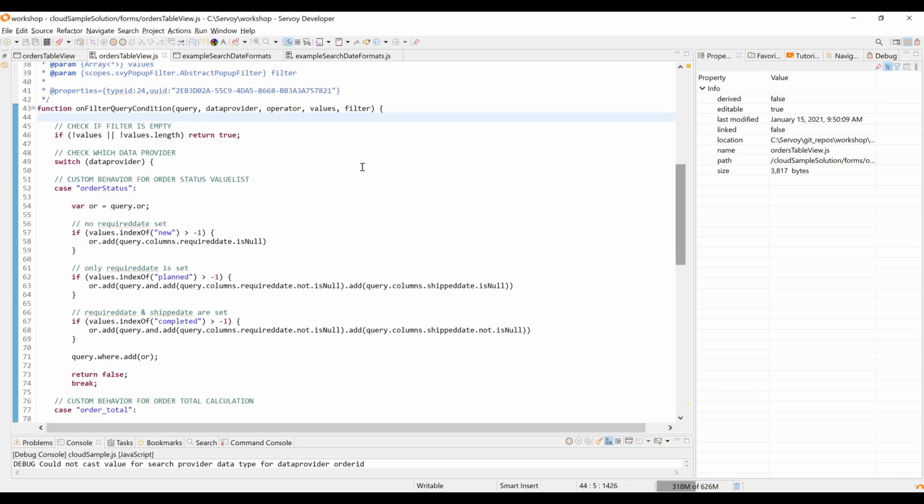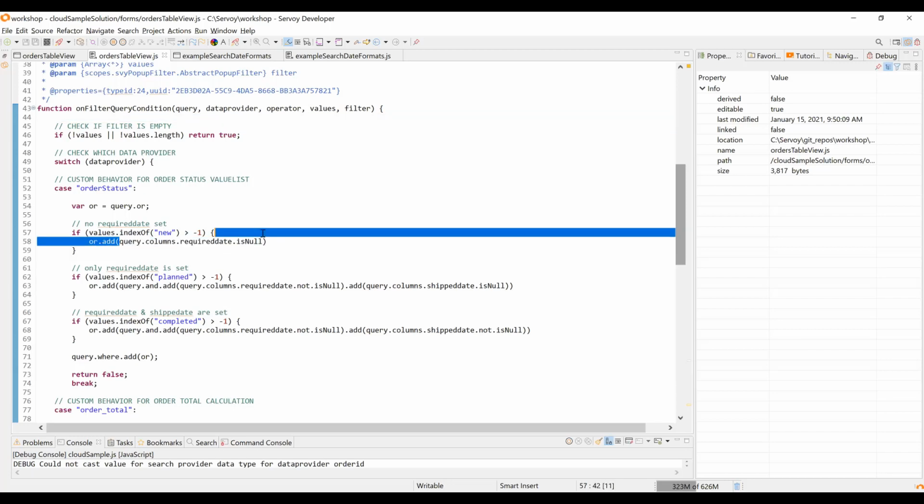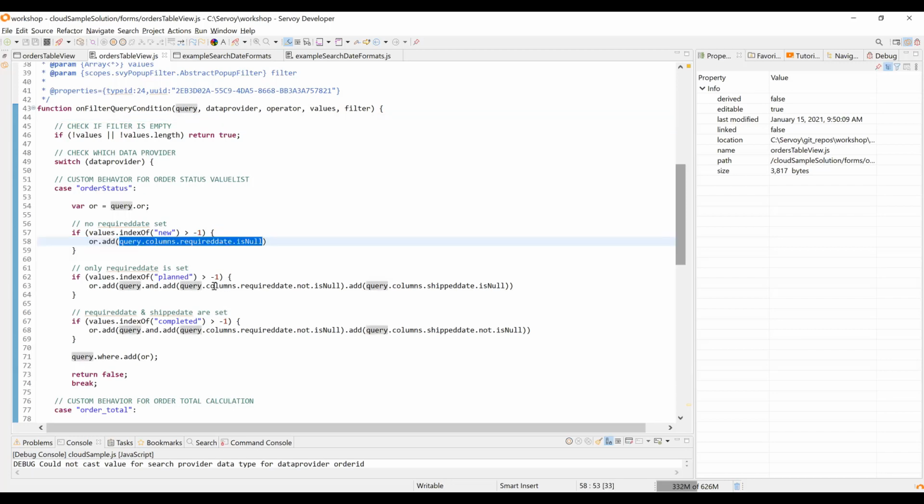But what we want to do is check the data provider, because we could be filtering on any column on that grid. So let's go through that first example, supposing that the data provider was that order status calculation. So what we want to do is get into that query and make an OR condition. And we're going to interpret those values, the new, planned, and completed, into actual SQL. So if it's new, it's that required date is null, and so we put in this query builder fragment here. If it's planned, it's a little bit more complicated. It's if the required date is not null,